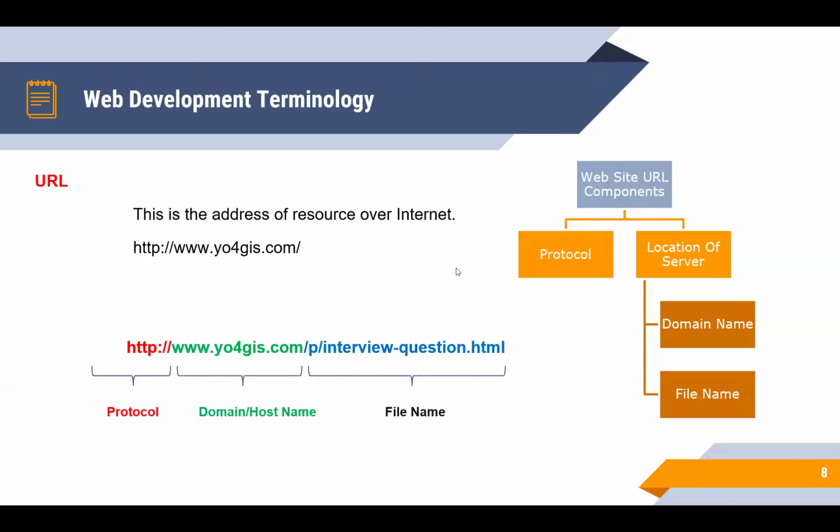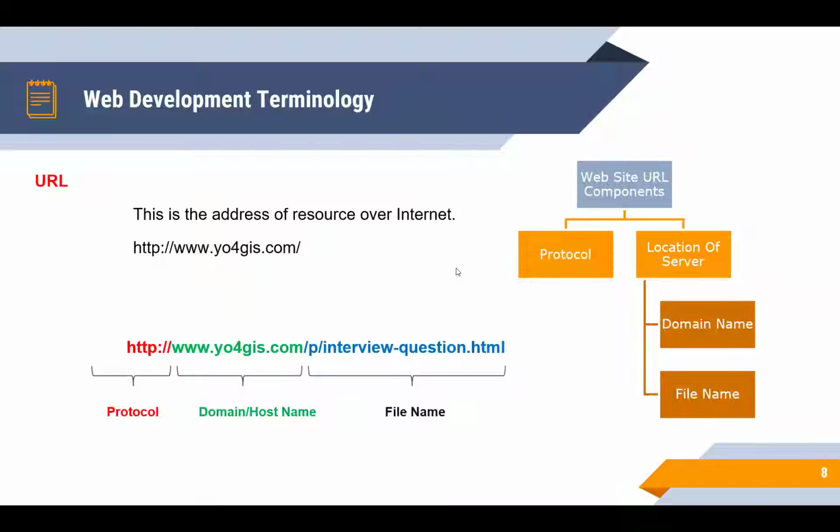So here, this HTTP is what? It is called a protocol, meaning what protocol we are using to access this website. If this website has the HTTP protocol, then you can access it using HTTP. If this website has the HTTPS protocol, then you can access the website using HTTPS. After that, this complete thing